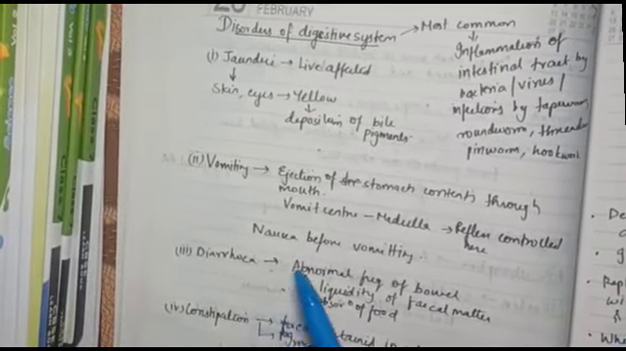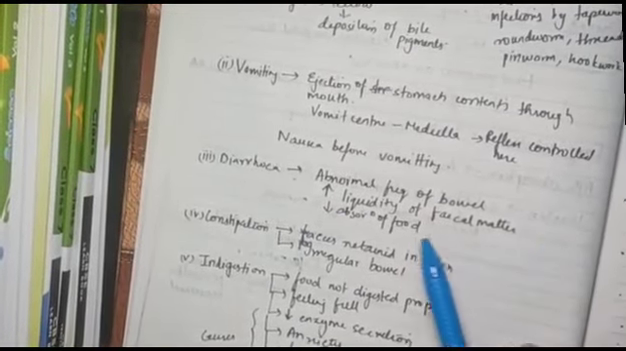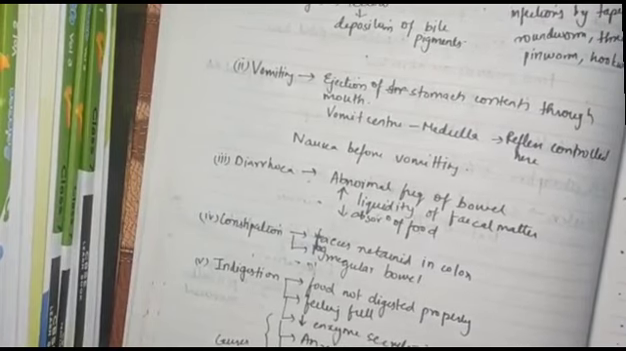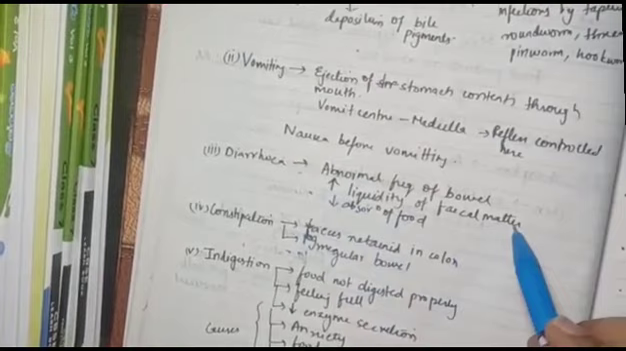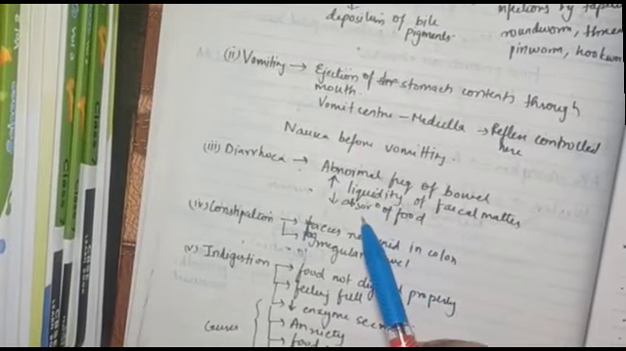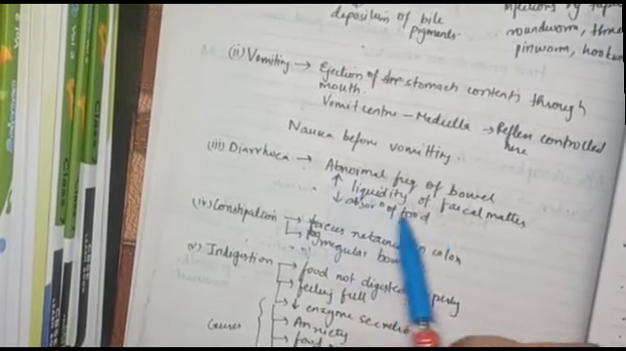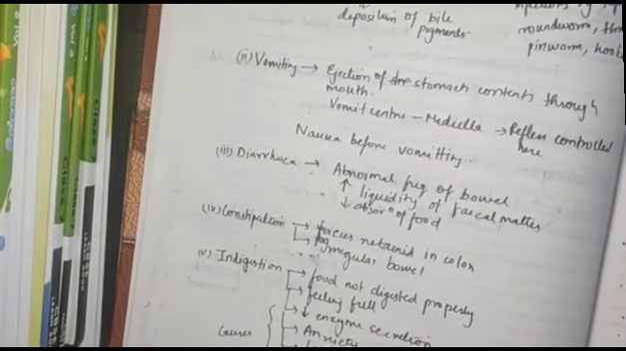Now third one is diarrhea. Diarrhea, abnormal frequency of bowel movement. That is defecation happens in abnormal frequency. They have given two characteristics of the fecal matter, that is liquidity of the fecal matter, and second one, less absorption of food. Because the food is absorbed less, fecal matter happens in abnormal frequency, that is more number of times than the